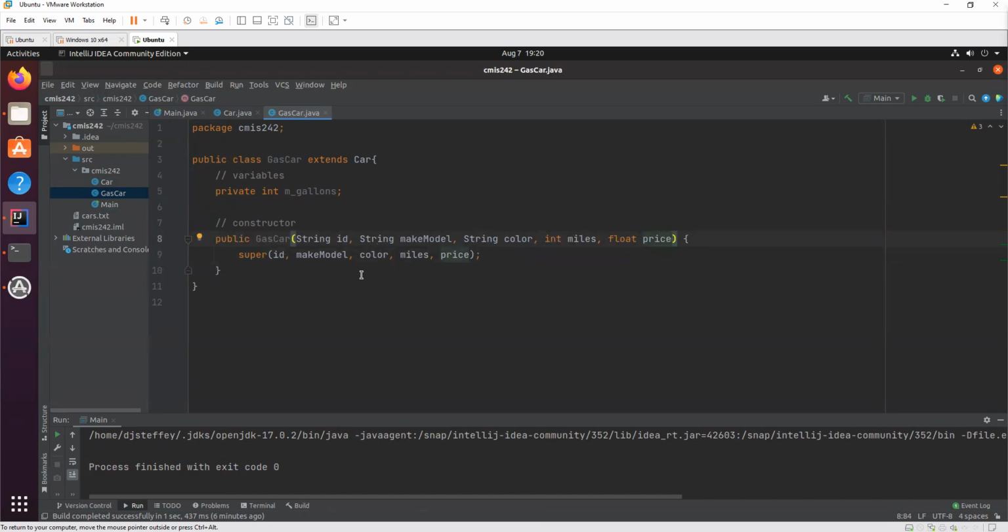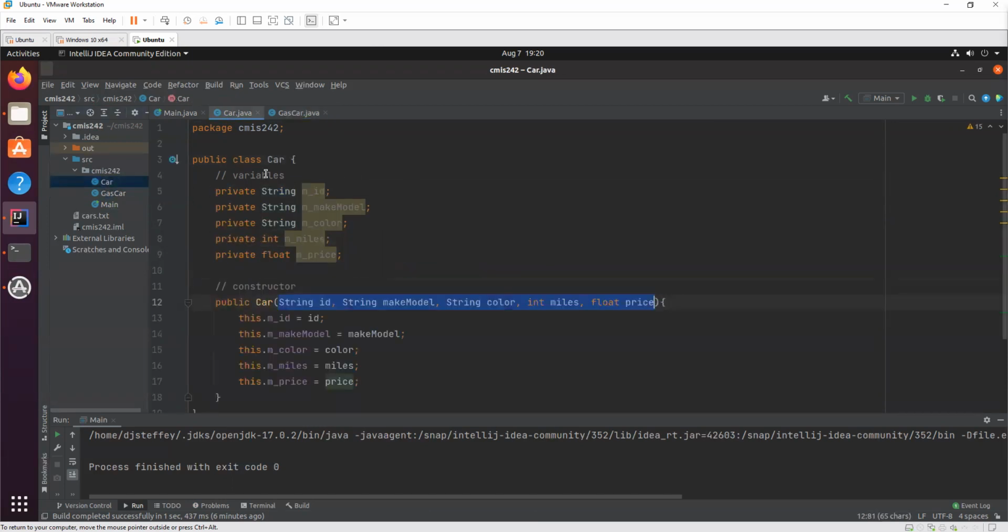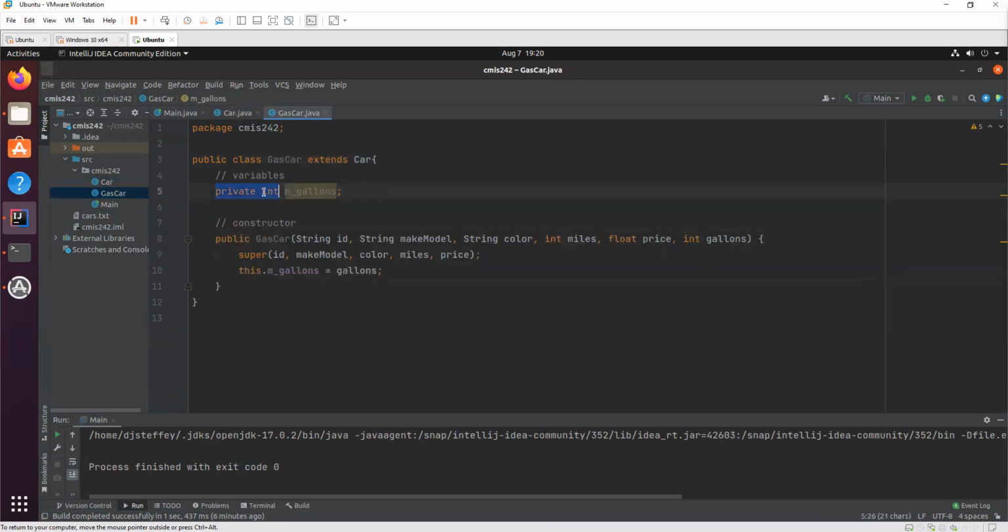But for the gas car, we have one more thing, right? We have this gallons, right? So we need to give it as a parameter, and then we need to save it here as passed in. So that's our gas car. Our gas car extends a car. It has all the variables that a car has, but it also has this gallons variable.